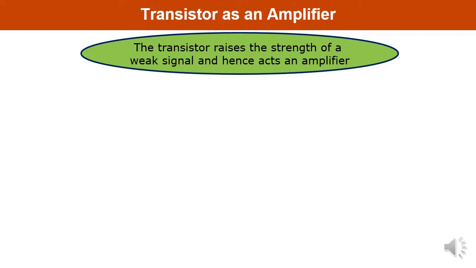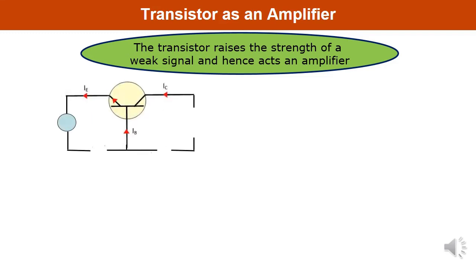It means the base terminal is made common with the emitter and collector. This is the NPN transistor, where the P layer is sandwiched between two N layers. The left-hand terminal is the emitter terminal, the center one is the base, and the right one is the collector. The applied input here, let us say, is Vin.